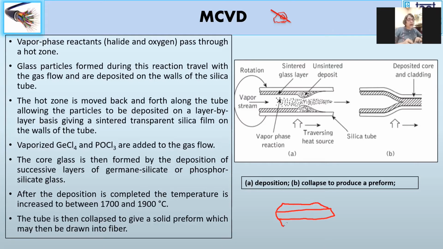Again you have a traversing heat source that is depositing and making it into a solid preform. And it's on the outside of the glass rod on which you are depositing. Once you get the required preform, meaning core and so on, after the core profile, you deposit your